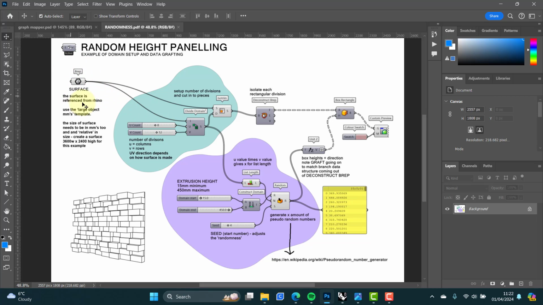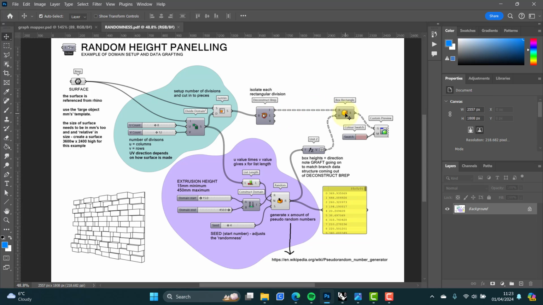We bring in the surface, and in this one, we're just going to show you how you attach a geometry from Rhino. So the surface is coming from Rhino. We set up the subdivision, and so we've got controls over how the subdivision works. So we've got parameters we can vary there. The deconstruct component allows us to get to each of the cells that this has been subdivided into,